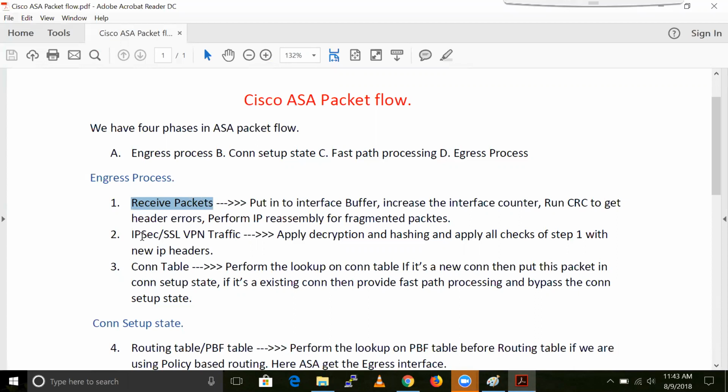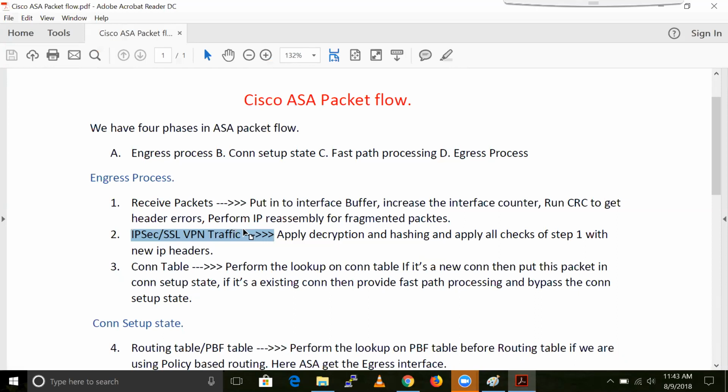Now in the next check, in Cisco ASA firewall we have lots of IPsec tunnels and SSL VPN tunnels, right? You know that in SSL VPN or IPsec VPN we define the traffic inside the tunnel.